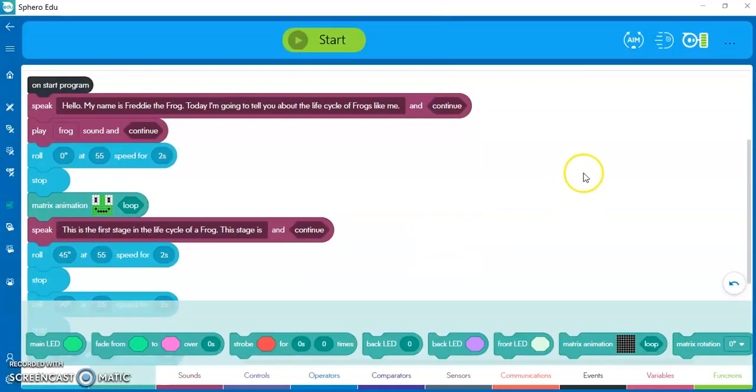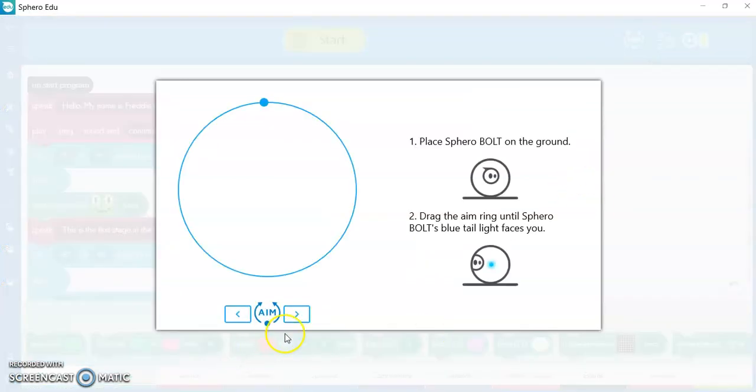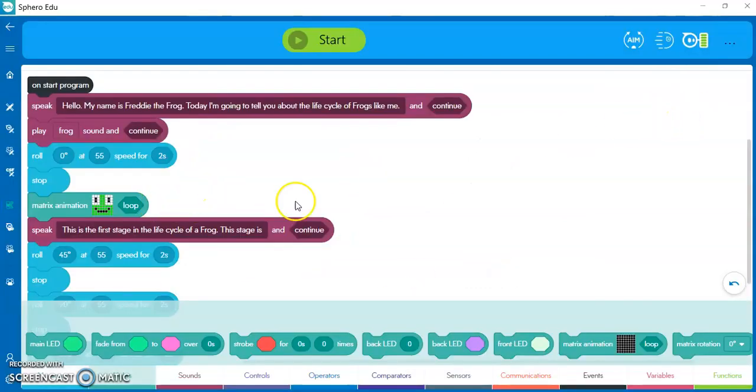So I am already connected and I want to aim my robot. Remember aiming in another video that you've seen. Make sure that the tail light is facing you. If you want it to move straight, you have to make sure that the tail light is facing you so that it moves not towards you but away from you straight. Okay, and now you can run your code and start and see if it is correct. And like in all programming, programming